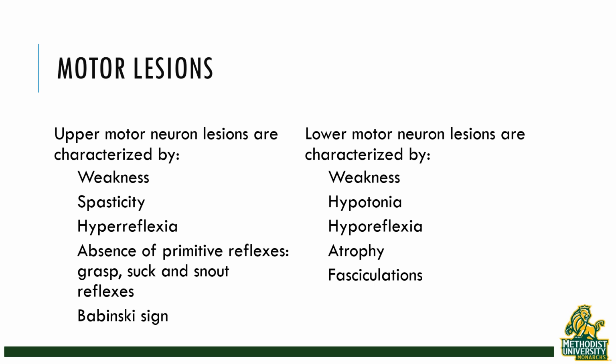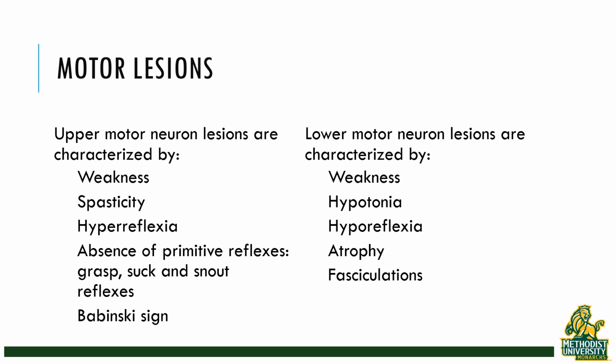Upper motor neuron lesions tend to be often brain lesions, and they are characterized by weakness. Once time has passed after the initial lesion, these are the folks who will have spasticity. They will have hyperactive reflexes, and they may, if it involves lower extremities, have a positive Babinski sign or a plantar reflex with an